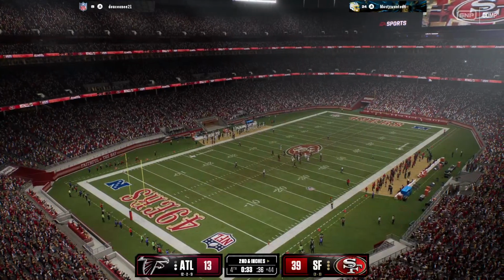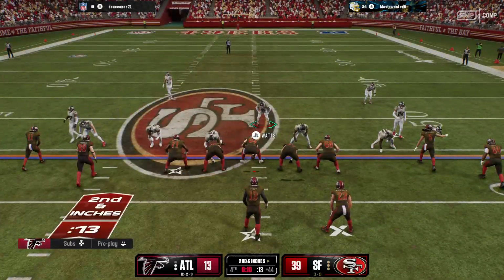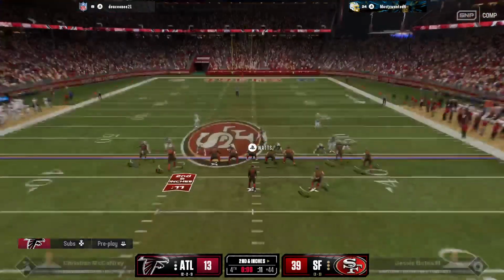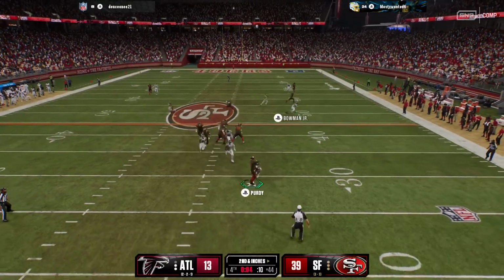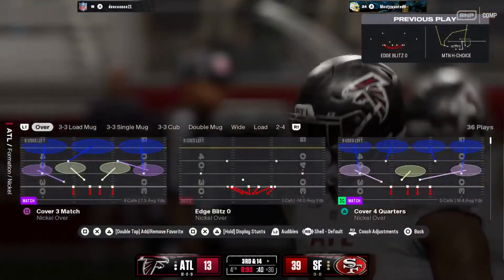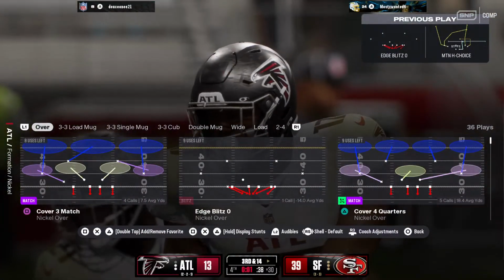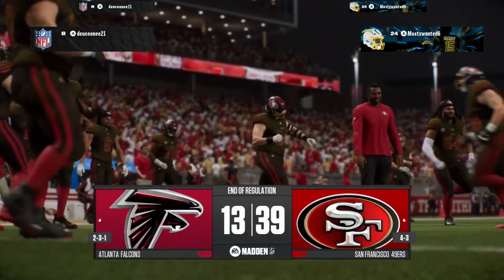The tackle made at the 44-yard line. 9-yard pickup. It's 2nd and inches. Out of the gun. It's Purdy. Nowhere to go. He's going to be taken down. Arnold Ebiketie in there to drop him as he records his 5th